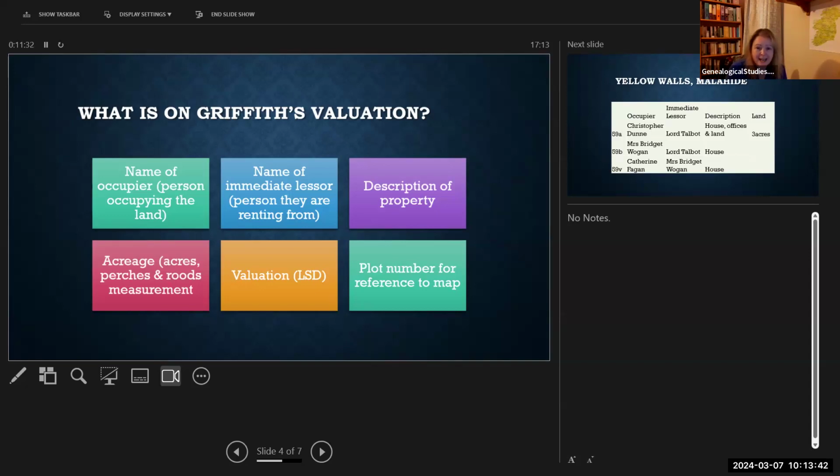They're both going to be down as a house if people live in them. So the fundamental differences aren't actually noted in the valuation, but the clue is in the size of the land holding and the rateable value. If you see something that's worth several hundred pounds, then you know that that's a substantial property. But if it's only worth 7 shillings, well, you get a sense of what that means.